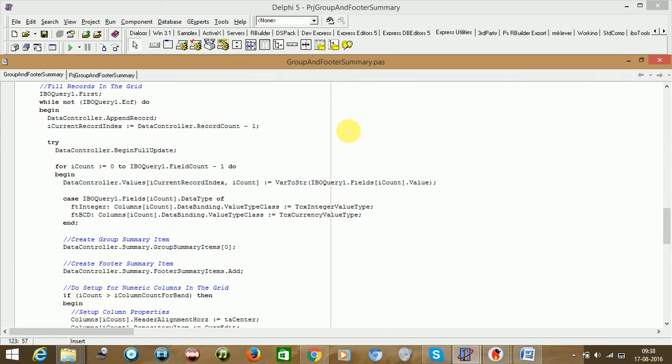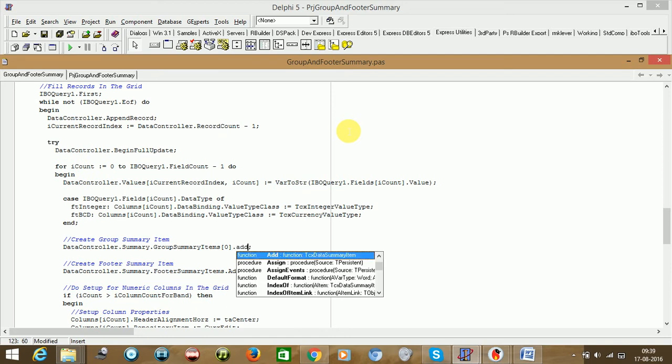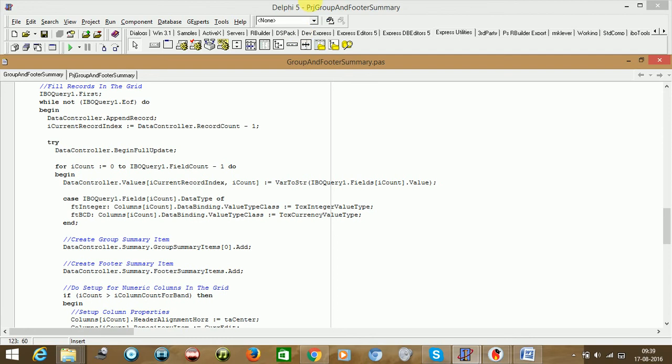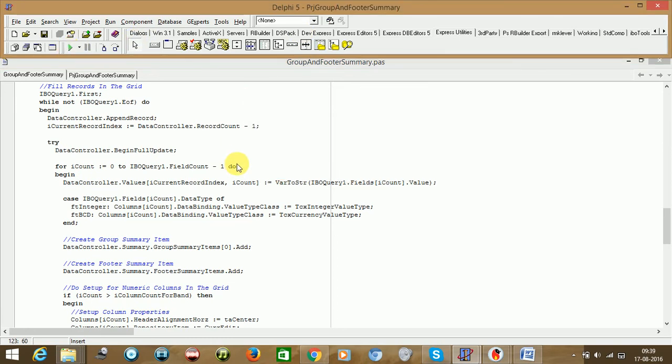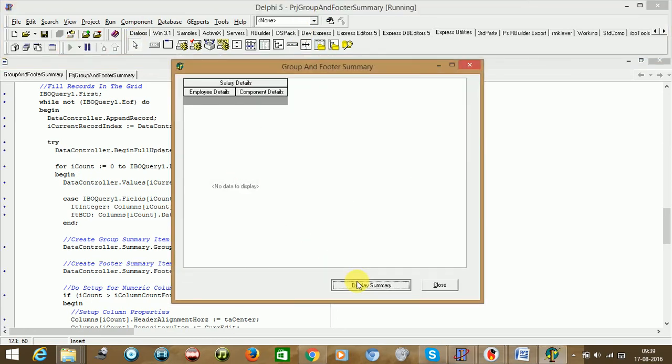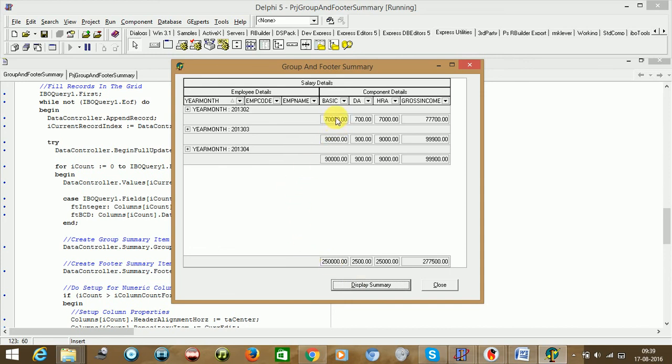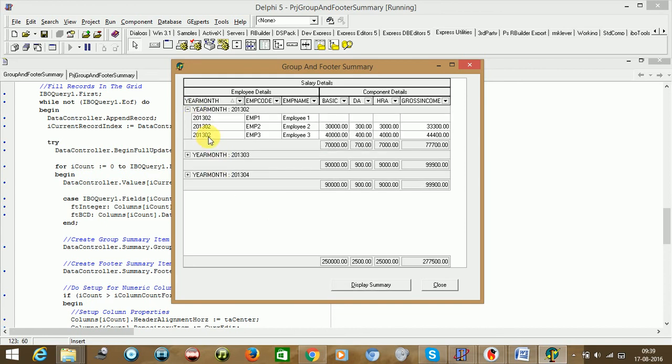Oh, sorry, I think you need to just say dot add. We forgot to do that. Now just run it. As you can see here, year, month, 7,000, this one is coming, but the data is not coming like this.